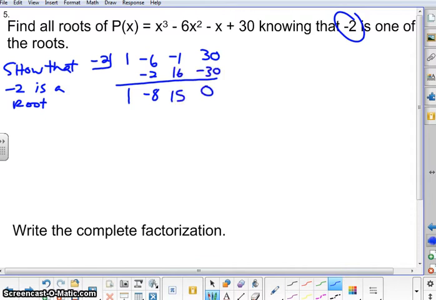Okay, hopefully you get a remainder of 0. That's what we wanted to happen. It told us that it was one of the roots. This emphasized the fact that it is a root. Okay, so the next part of what you're going to be seeing in these type of problems is